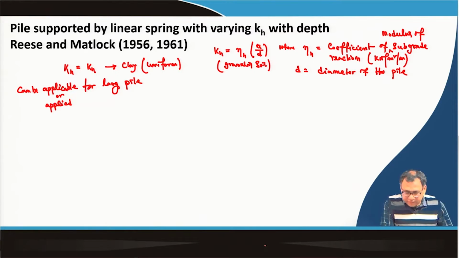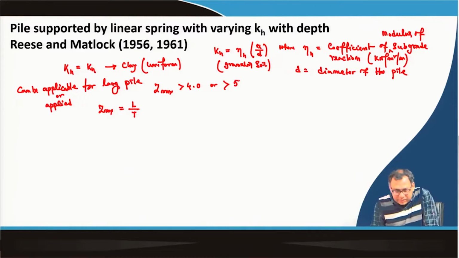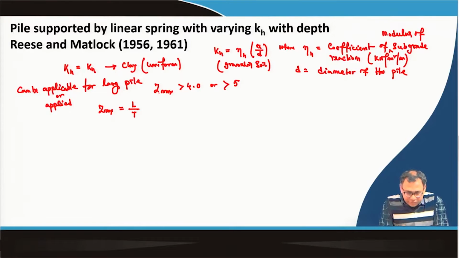So, how can we say the pile is a long pile? If Z max is greater than a limiting value. What is Z max? Z max is equal to L by T. Sometimes the limit is taken as greater than 4 or greater than 5 also. So, I will recommend that if Z max is greater than 4, you can use this approach, and Z max is L by T, where L is the length of the pile